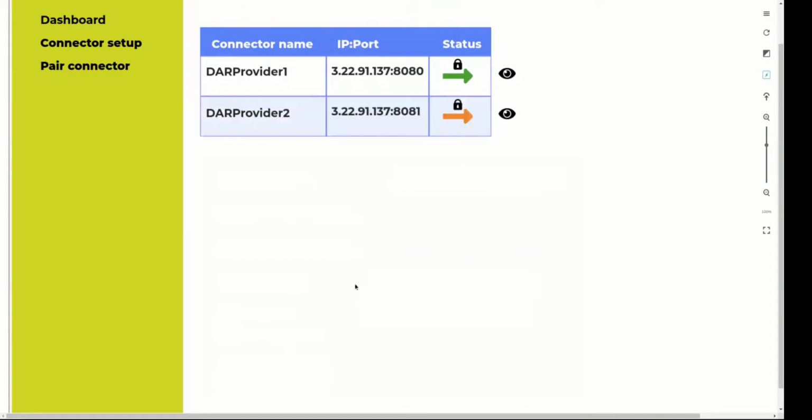And when I deploy the connector, I have a connector that has been deployed. I see the status that it is secured since I have issued the identity certificate. So it has the credentials, and it is visible. So I can change the visibility from here, and then I can go on and pair this particular connector to